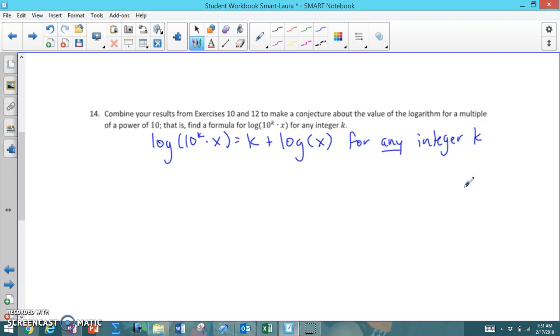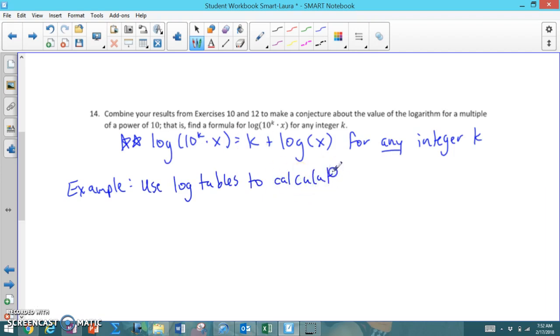Okay, so using this key concept, so this is what we spent the day building, we can use that to solve a variety of logs by hand. So we're going to finish up with 2 quick examples. The way these problems would be written is it would say use log tables to calculate to 4 decimal places. So really we could do this without a calculator as long as we can get it into this form. So for example, if I give you log of 30,000,